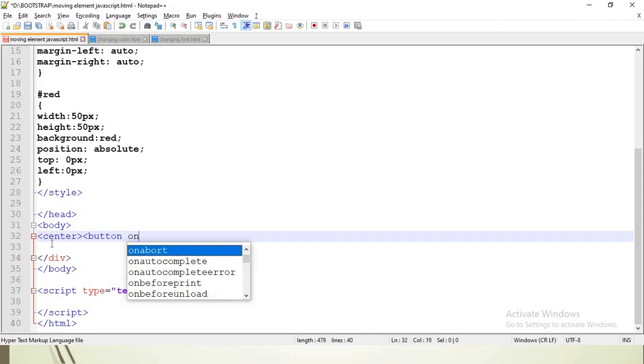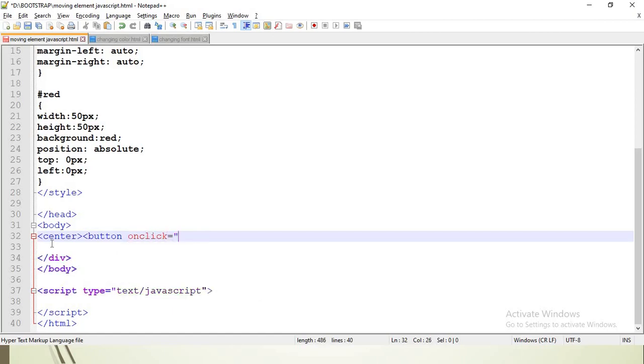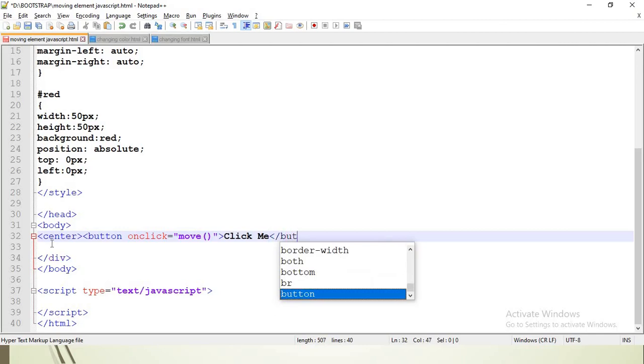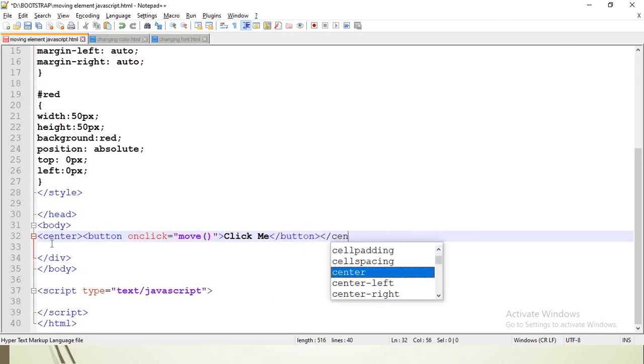So I give the event name as onclick and make use of the onclick event, and whenever the button is clicked, some function should be called. I name the function as move. The button value is click me. I close this button tag as well as the center tag.